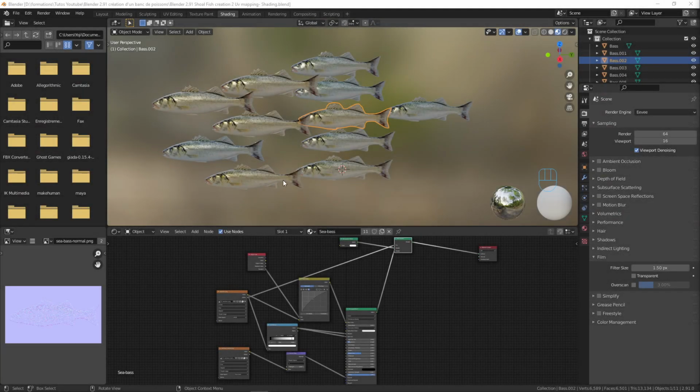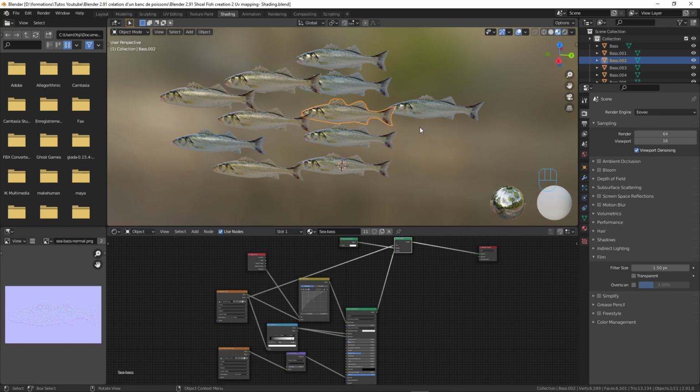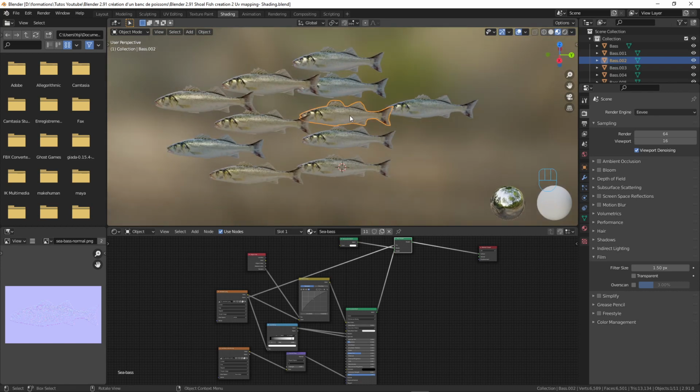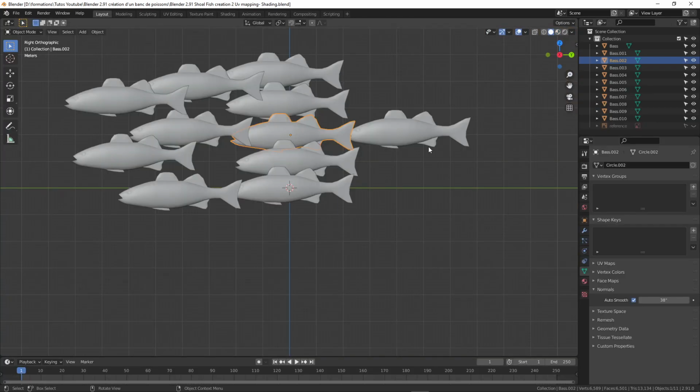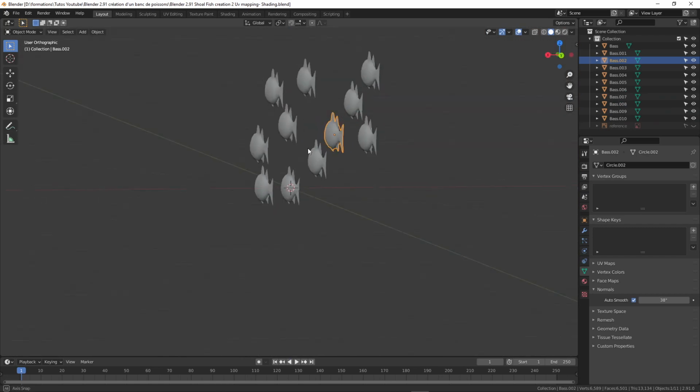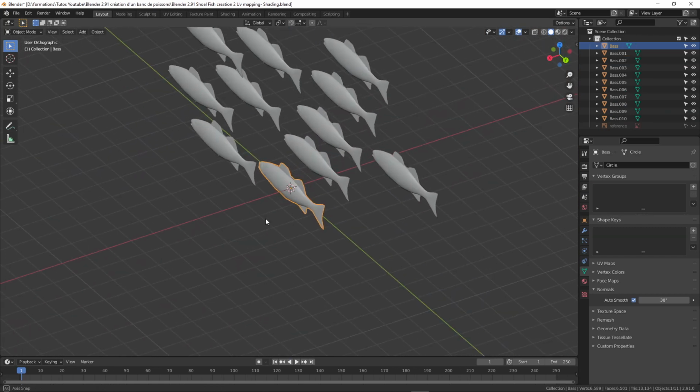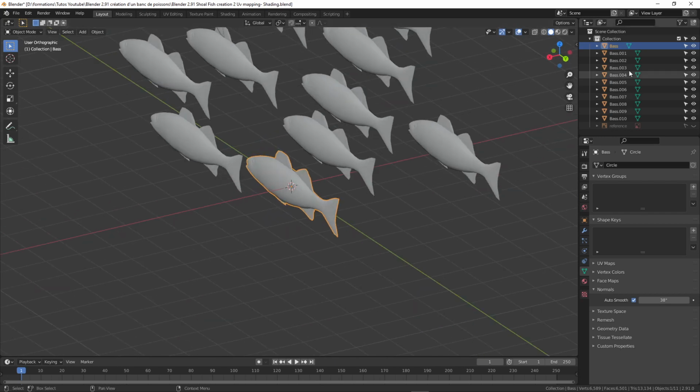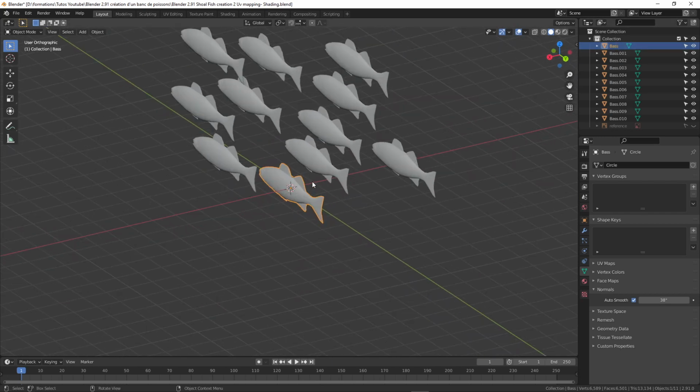In this video, we will create the swim cycle by making a rig for our fish, and then use the armature to create a nice animation that will make him swim. So let's go back to the normal layout, and what we will do is take back the original fish that we have, its base, the first one, and with Ctrl Y, we will just remove everything with